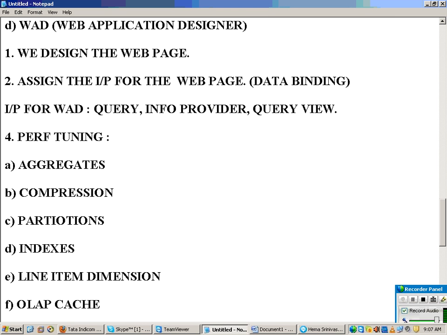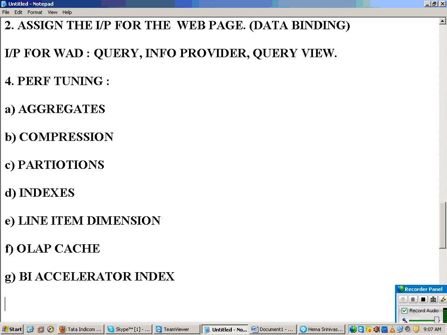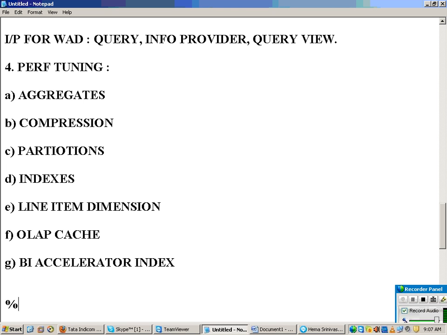Then the last one we are going to see is BI accelerator index. These are the concepts that we are going to cover under performance tuning.